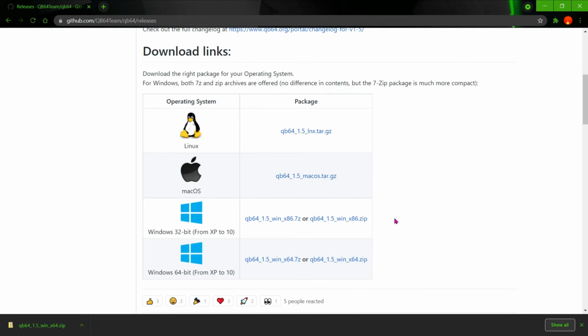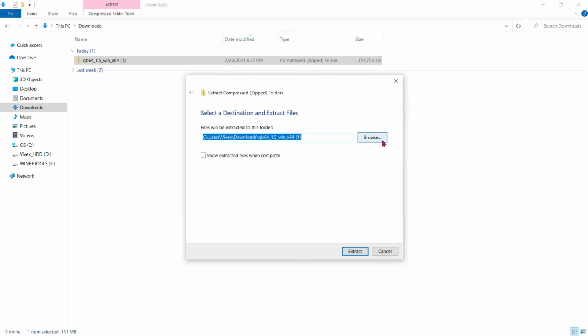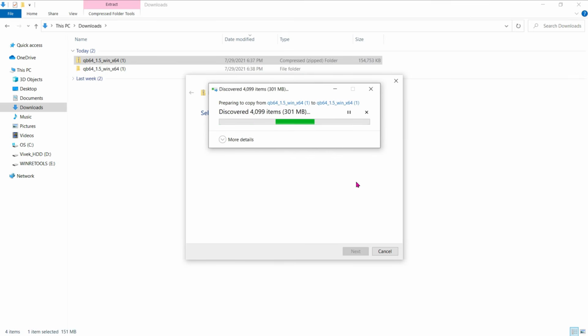Now this zip file has downloaded. After downloading it, we need to extract it. Extract all, select the location, click on extract. It will start extracting all the files. You can see this is the folder where these files are extracting.